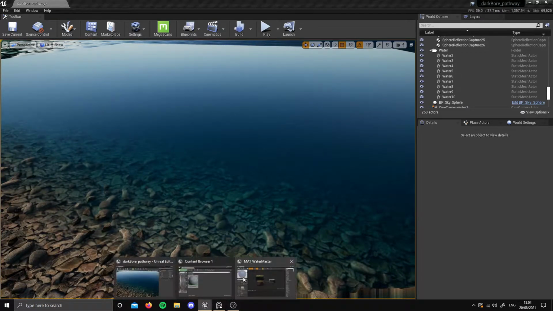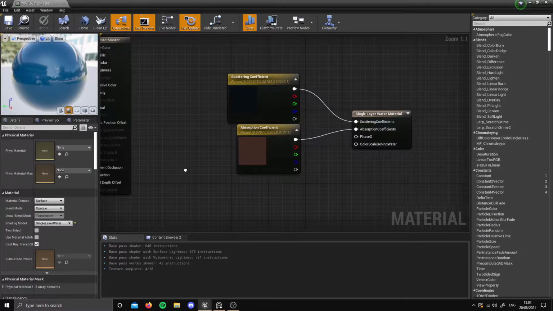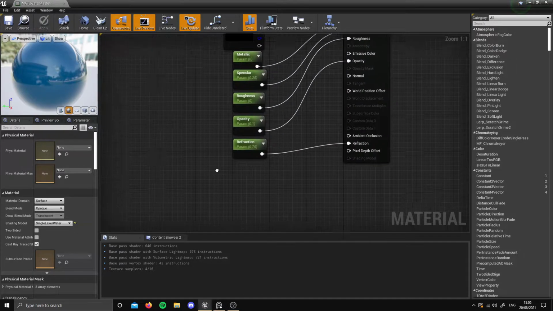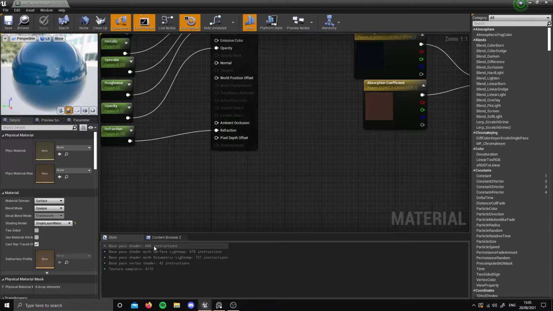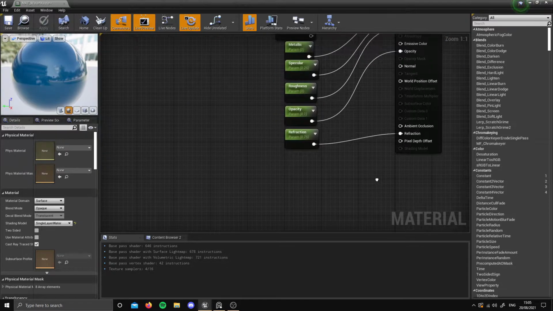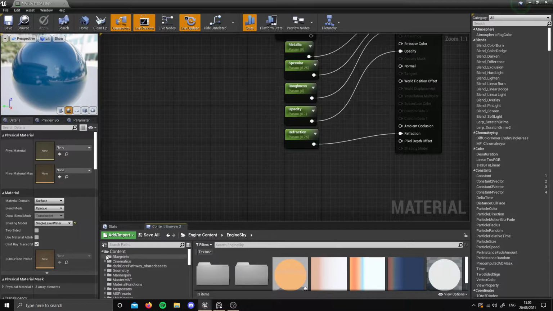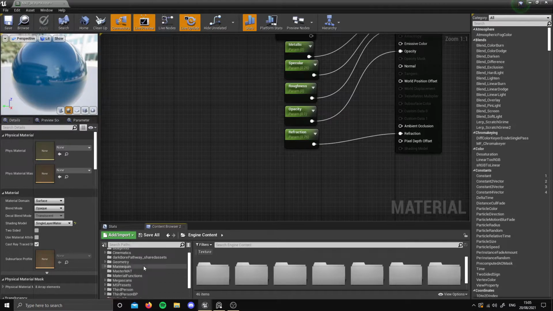So going back into our shader graph. Now what we're going to do is set up our normals, and later on we're also going to do the displacement. And as you see, we're already at 646 base pass shader instructions, in comparison with which was about 800 if I'm not mistaken. But anyway, what I have done is I've already created my own